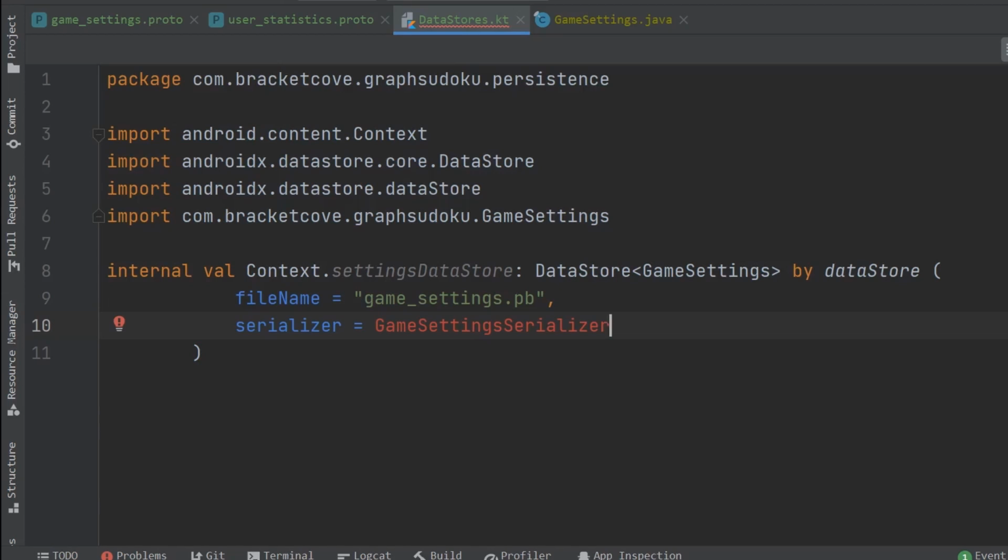So I just wanted to explain what's going on here. So we're creating a Datastore object, and it takes the protocol buffer generated Java class, which is called game settings. And essentially what this does is it creates a reference which we can use to either store or retrieve our protocol buffer. Now you might be wondering what game_setting.pb is and why it has a different file extension than our